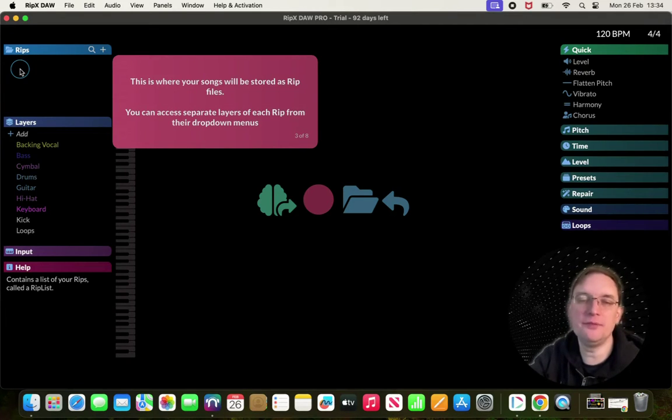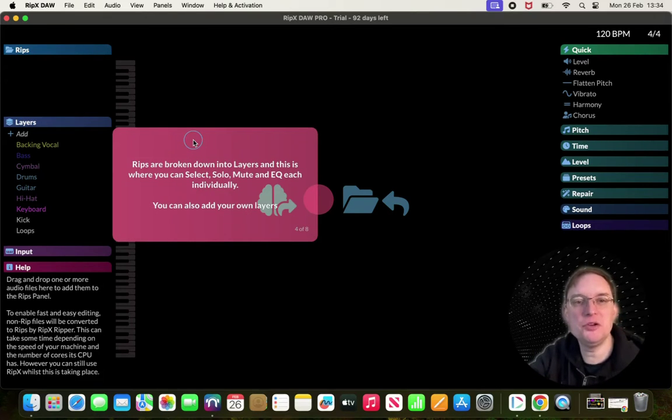So I think of RIP files as project files. You can access separate layers of each RIP from their drop-down menus, and that's really cool because that's when it starts extracting out the stems. RIPs are broken into layers, and this is where you can select solo, mute, and EQ each individually. So you've got full control, a bit like a mixer, and you can also add your own layers as well